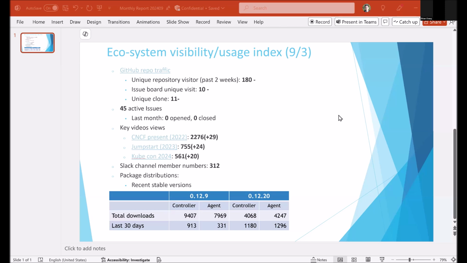Okay. So for the repository visit and unique clone related metrics, they are pretty much the same since last month, and we don't have any new issues opened, nor issues closed.